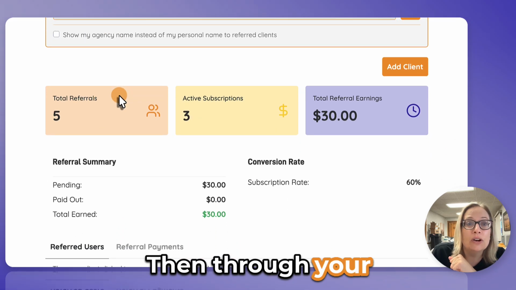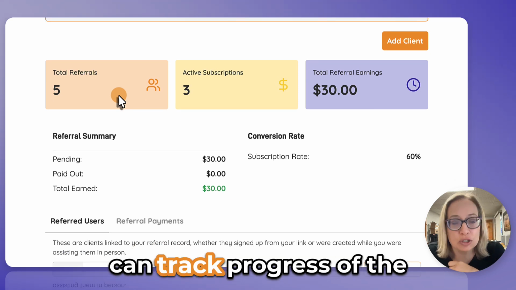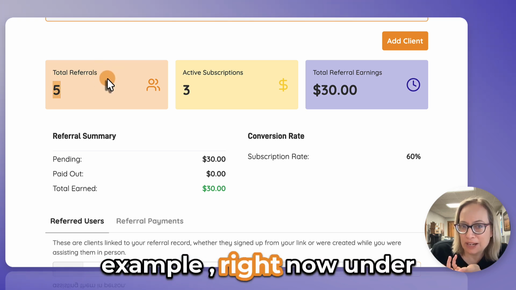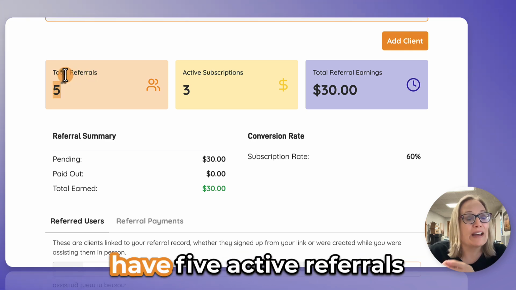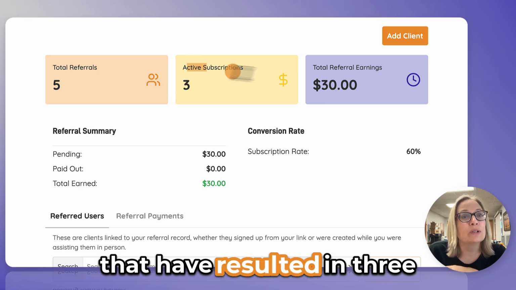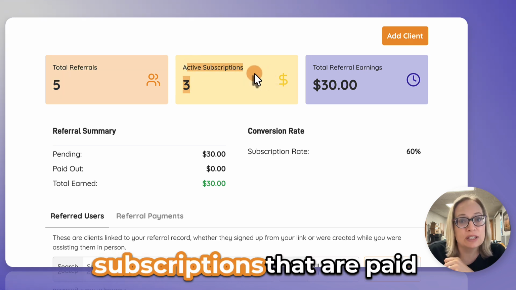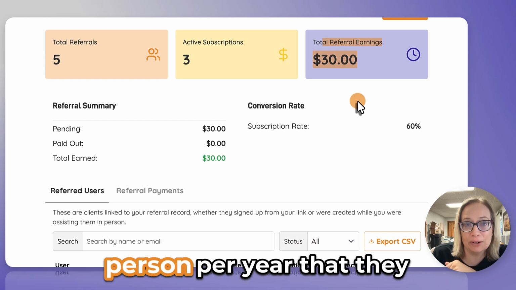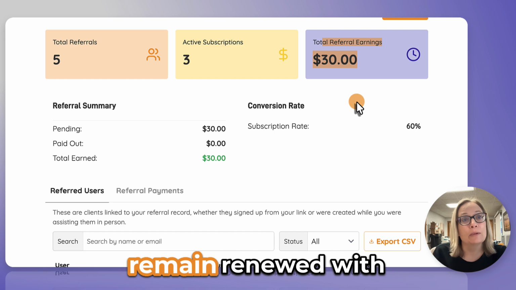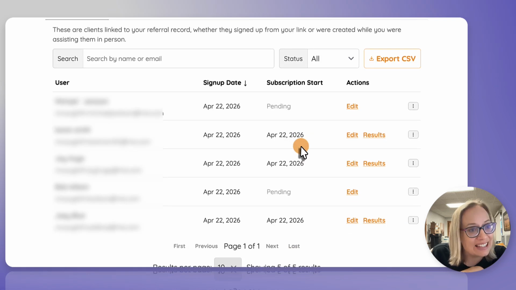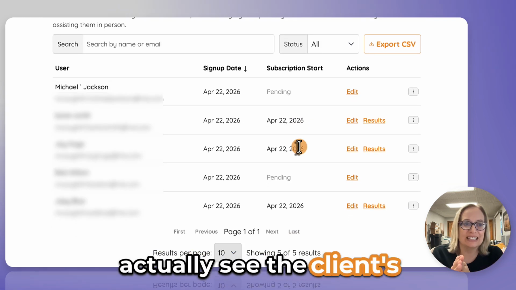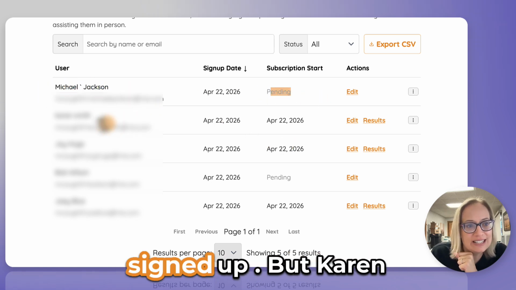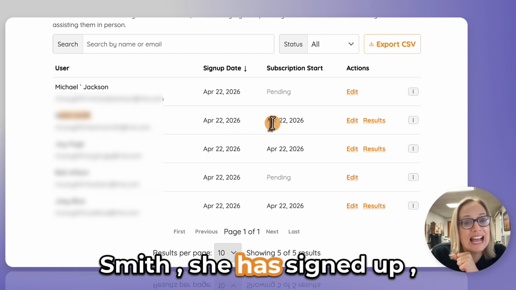Then through your HeyMOE agent dashboard, you can track progress of the signups of your clients. So you can see, for example, right now under my sample account, I have 5 active referrals that have resulted in 3 subscriptions that are paid, earning me $10 per person per year that they remain renewed with HeyMOE. Then down below, you can actually see the client's name. So you can see Michael Jackson is pending, not officially signed up, but Karen Smith, she has signed up, and